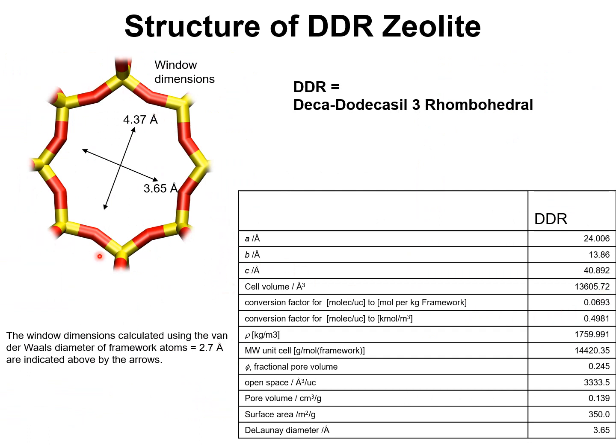This shows the dimensions of the 8-ring windows separating cages. The smallest distance is 3.65 angstrom, and the longest distance is about 4.4 angstrom. Further structural details of DDR zeolite are provided in this table. These are the unit cell dimensions ABC, pore volume, surface area,